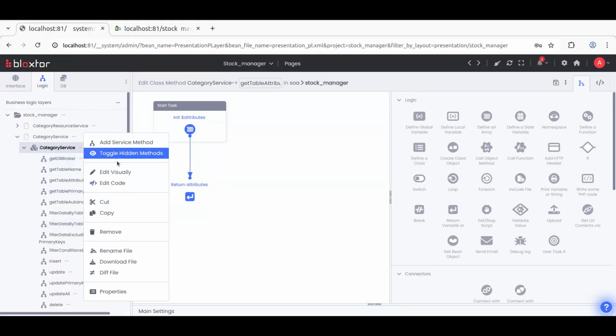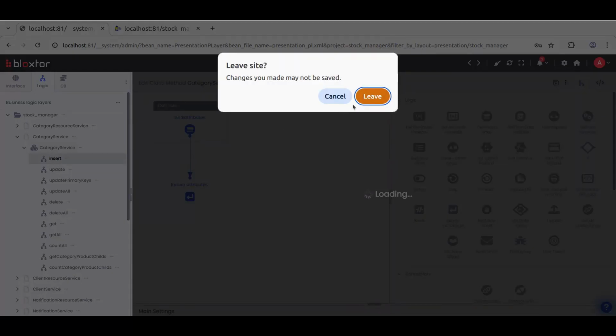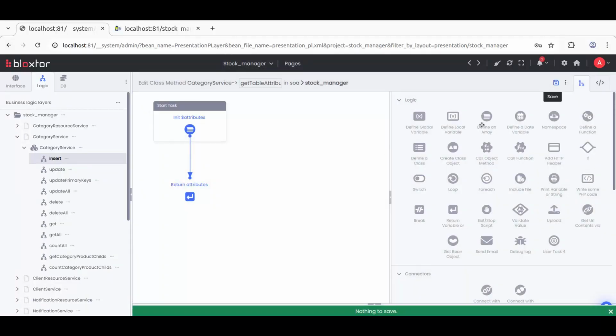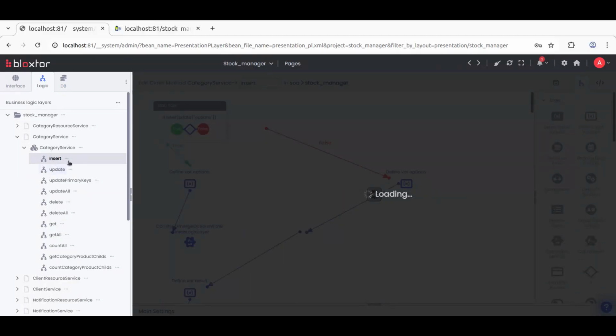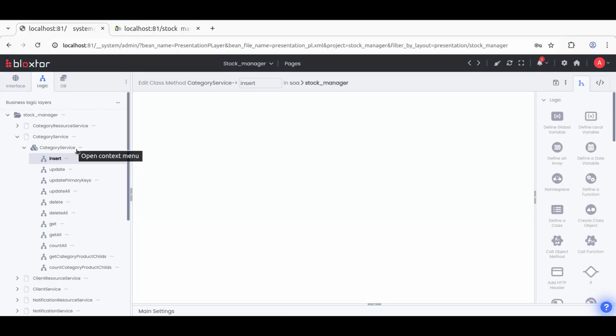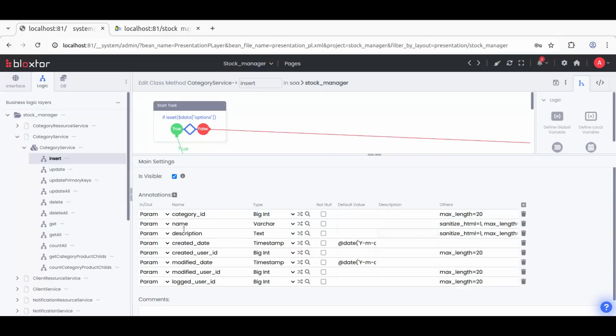Initially we can hide the methods again, and now we open the insert and the update field so we can make the corresponding changes adding that specific attribute. So basically it's just the insert and update method and that other hidden method that we need to change. In the insert method we need to add a new annotation, so it means that we can have a new input in here, which will be parent category ID